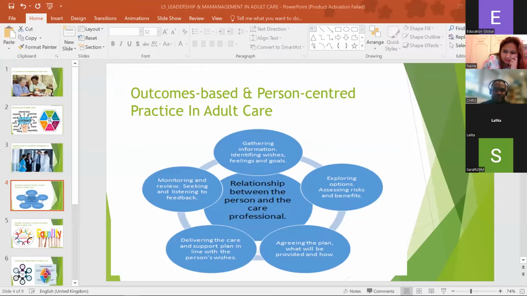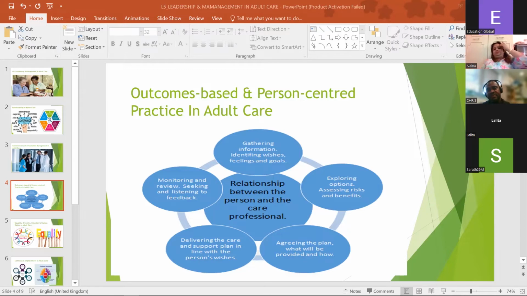Yeah, it's outcomes-based and person-centered practice in adult care. Outcome-based and person-centered practice in adult care. Right. So under this unit, there are 6 learning outcomes. Some of them are observable, and the others we need to write about. So the first learning outcome, we're going to be exploring the principles and values of outcome-based